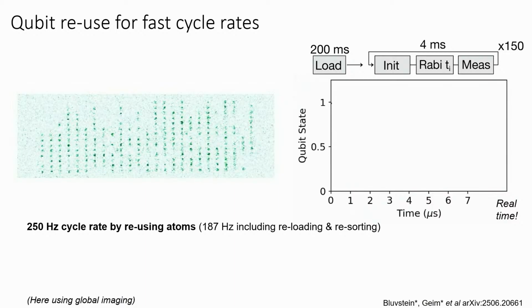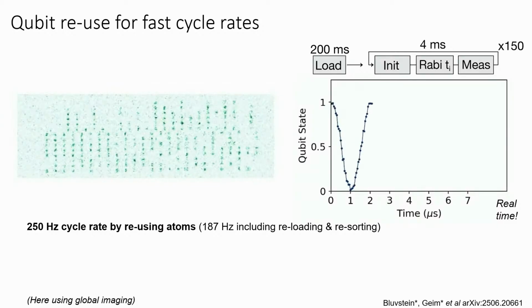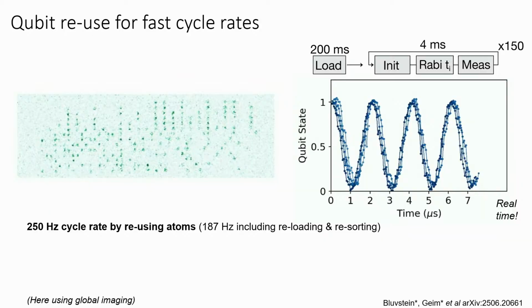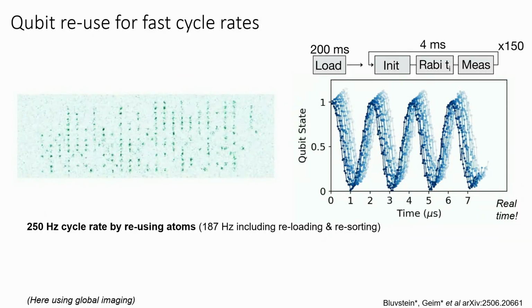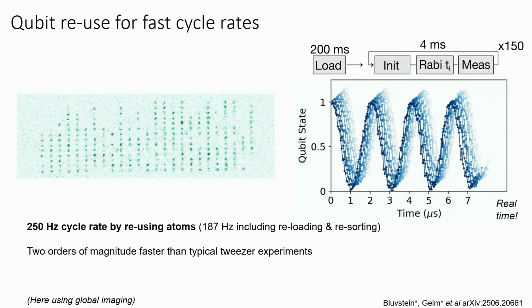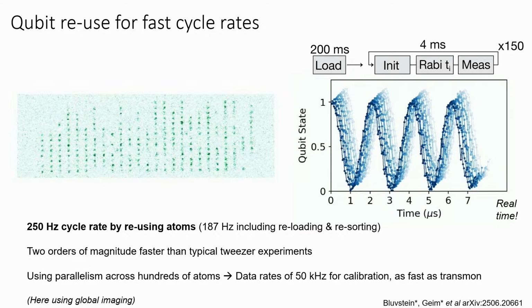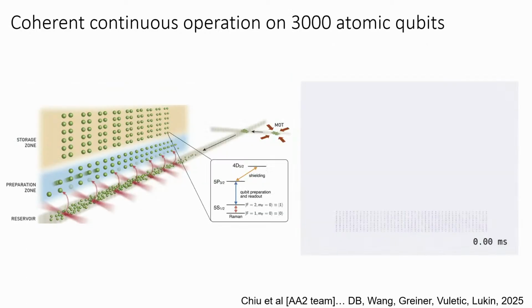So those are some of the error correction aspects, but also for atomic physics and for improving the error correction further, these tools are really fun. So we can, for example, now by reusing the atoms, do much faster cycle rates. And I think for someone who's an expert on transmons, this is maybe not going to be so impressive. But for atomic physicists, this is really fun. So this is real time how fast we can do Rabi oscillations now. So this is real time data coming in, doing data traces where we're rapidly reusing the atoms and can get to much higher cycle rates. And leveraging this significant cycle rate improvement also with the parallelism that you get across hundreds of atoms, we get to data rates that can be as fast as a transmon for calibration.